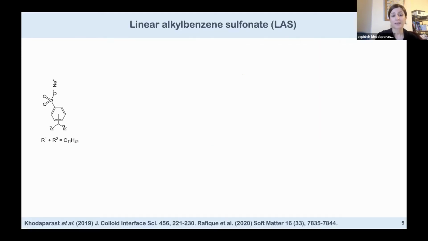I'm going to pick a system that I believe is an interesting system for creating these kinds of myelin figures experimentally. The molecule is the very famous surfactant linear alkylbenzene sulfonate, which is a very commercial surfactant. In fact, probably all of you have come across it when running your washing machine, because it's in all laundry detergents, and it has the hydrophilic head group, a benzene group, and then a branched